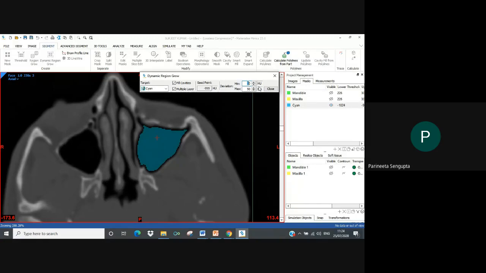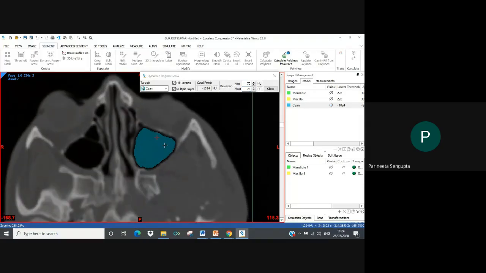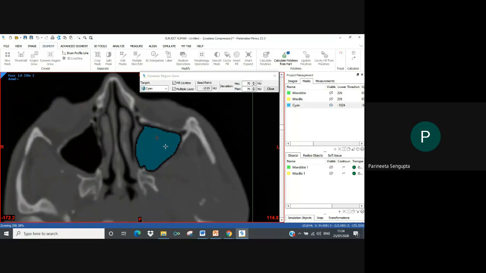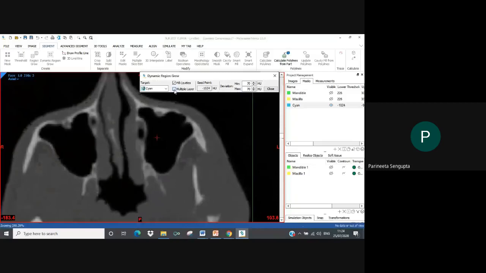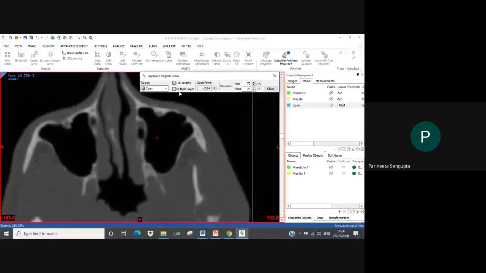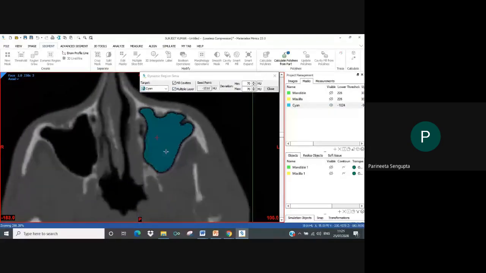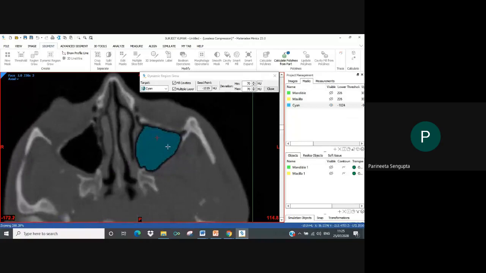You can change it to say 70. And then click close.